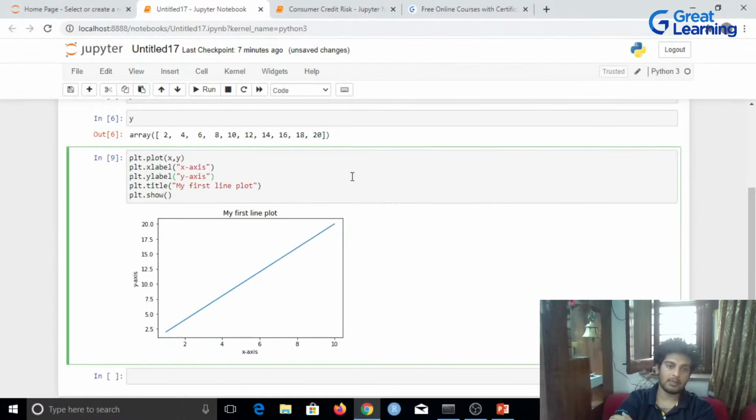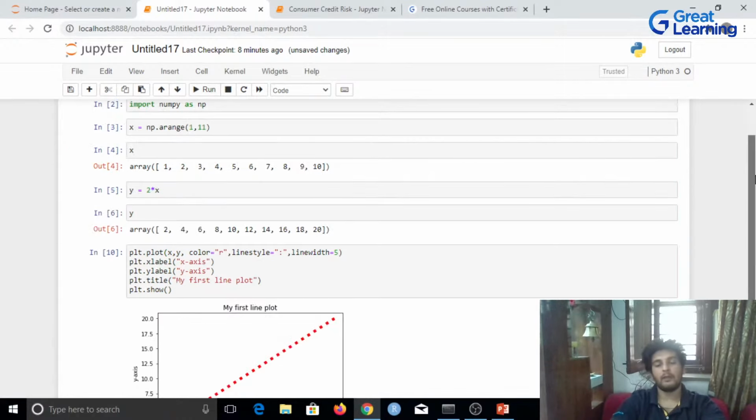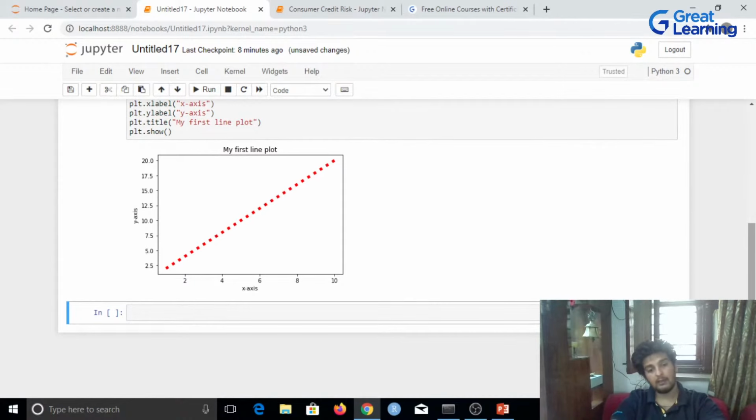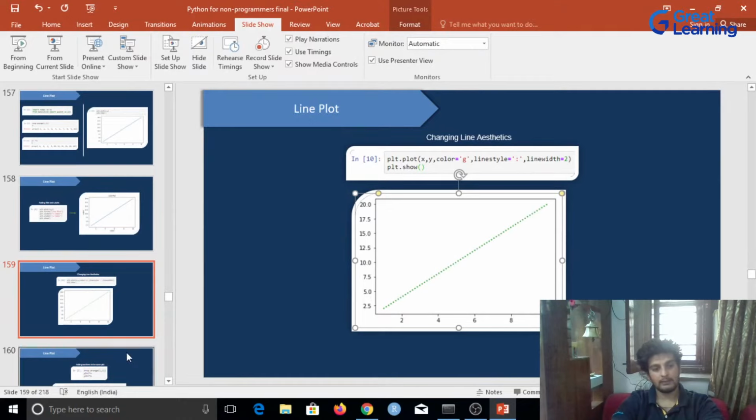and the line width has also increased. Now, our main command is plt.plot. Inside this, I'll set color to be equal to red. Let me set the line style as well; I'll give in a colon over here, and after this let me also set the line width to be equal to 5. When I hit on run, this is the result we get. As you see, I have changed the color of the line, the line style, and the line width. Now let me head back and see what else is there over here.